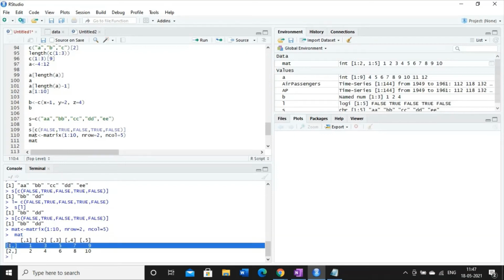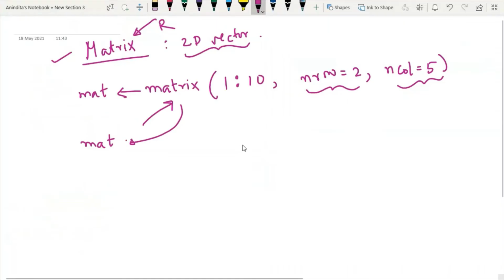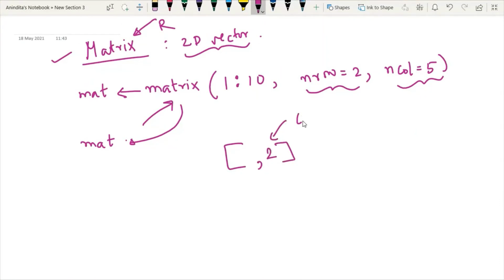Now see here. Again, for a row, we have the first dimension provided, 1 comma, and then we have blank within the square bracket. So again, we understand that it is a matrix and the first dimension is given, meaning it is mentioning the row, not the column. So my point is, within square bracket, writing the second dimension means I am talking about a column. Which column? The second column. And writing the first dimension and omitting the second dimension means I am talking about a row. Which row? The second row.